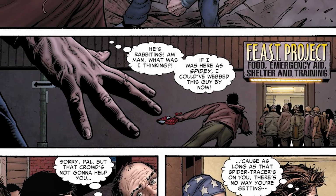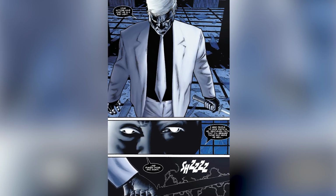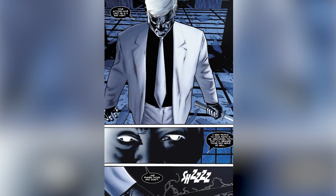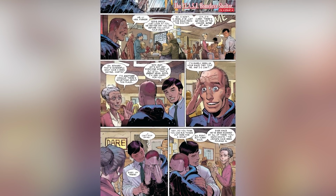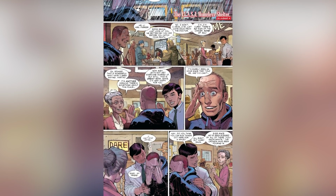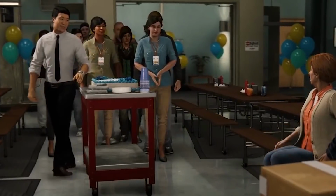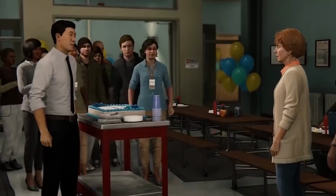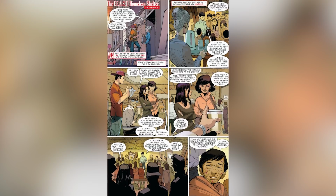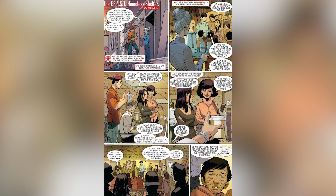That's fairly big news because it opens up the possibility for a Spider-Man villain named Martin Lee, also known as Mr. Negative, to appear. In the comics, F.E.A.S.T is a charity founded by Lee as a front for his criminal activities as Mr. Negative. Though May Parker eventually takes over the charity on her own, Lee is still intrinsically linked to the organization for many comic book fans, or fans of the PS4 Spider-Man video game where it was a major presence. That makes a hint at F.E.A.S.T in Spider-Man: No Way Home particularly exciting,